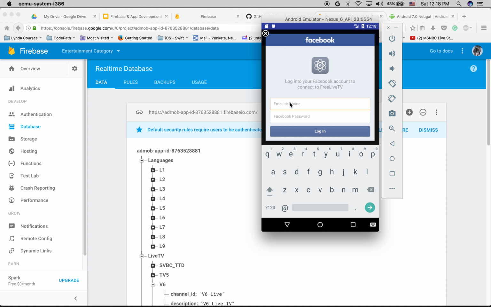All I need to do is enter my password. So let me log in.